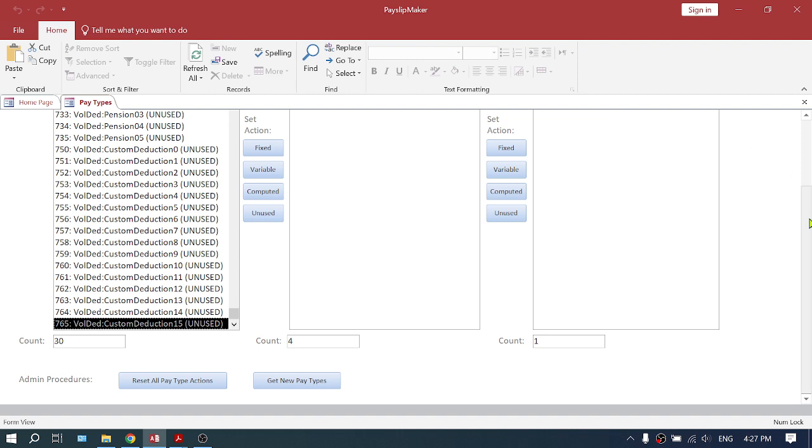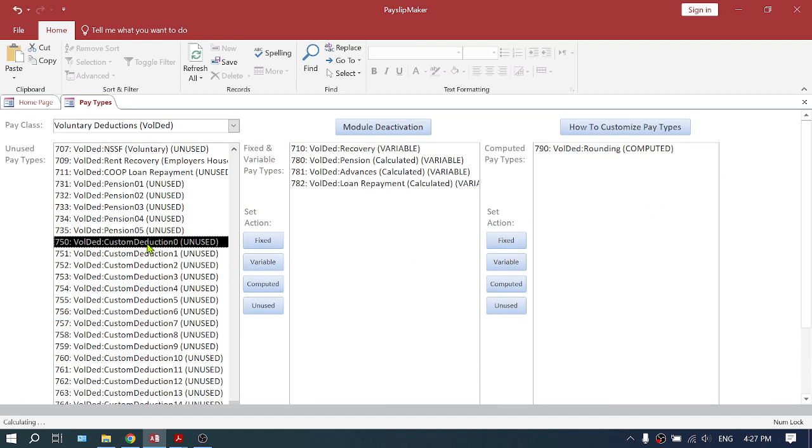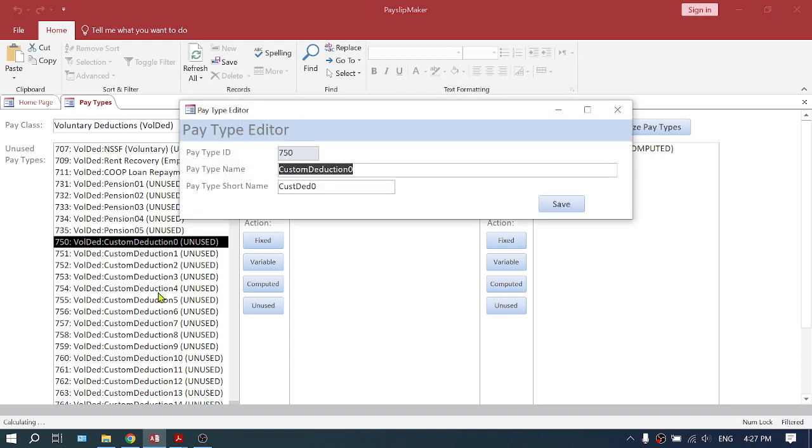To activate one of these pay types, the first thing you do is rename it. So let's take this example, this custom deduction 0. I want to use this to capture the Finance Act 2023 recovery. So the first thing you do is you double click on it like that. So you give it a name. So in my case, let me call it FA 2023 recovery,